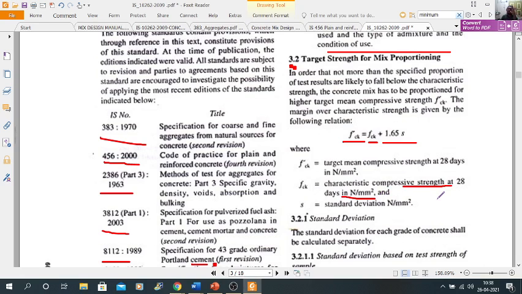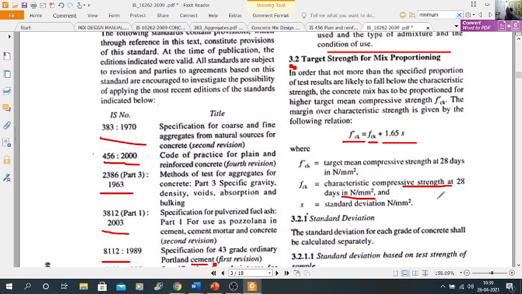Because in concrete, the 28 days curing strength generally we are considering as the characteristic strength of your concrete compressive strength. What is the characteristic strength? The strength of concrete below which not more than 5% of results are expected to fall. So that is the characteristic of the compressive strength.